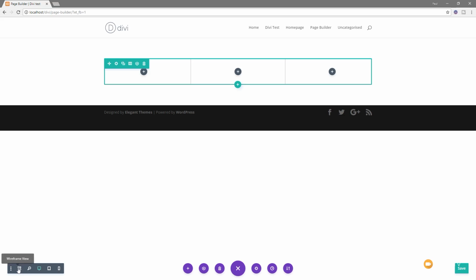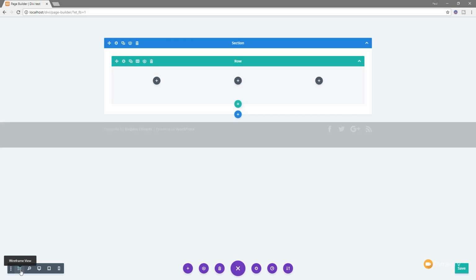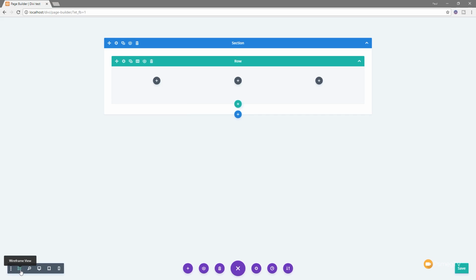So looking at this section, you can see we've got 5 distinct different buttons. We've got the wireframe view, the zoom in view or zoom out view. We've also then got the option to check out what our layout's going to look like on the various different devices, a desktop, tablet and a mobile. So first of all, wireframe, what does that do? Well, if we click on that, it pretty much shows you a wireframe view which looks very similar to what